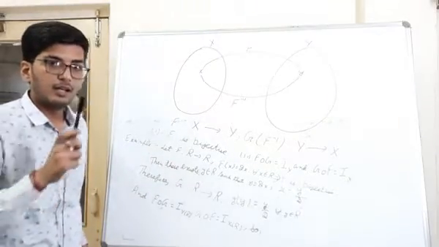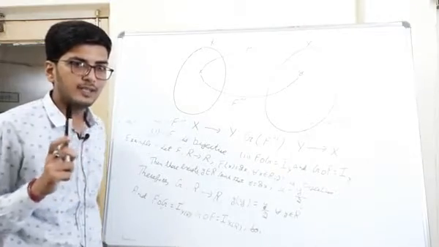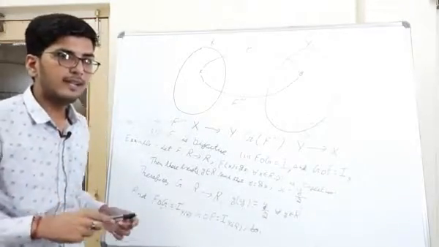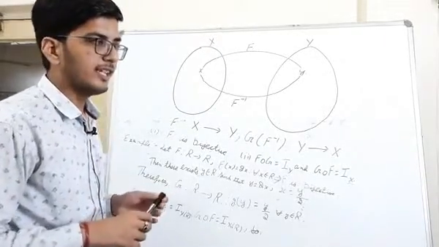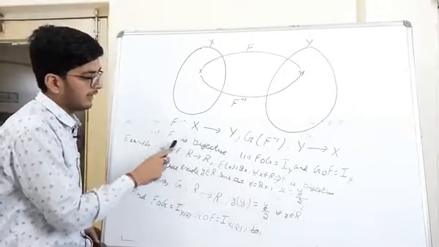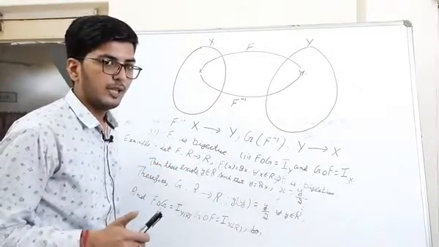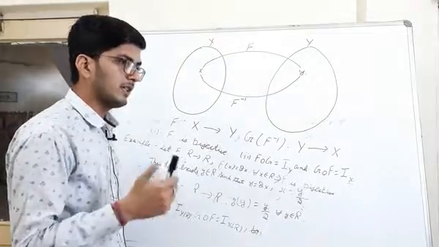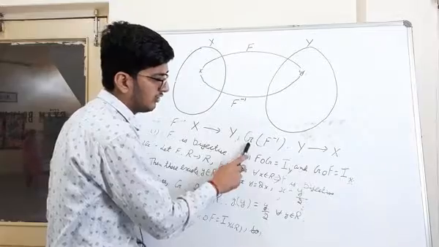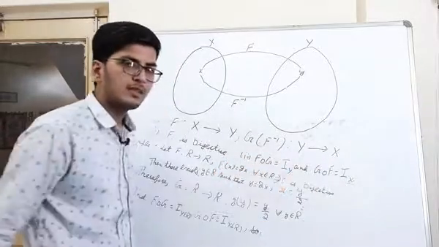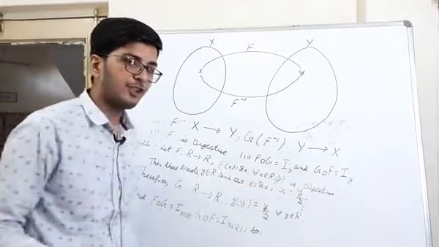Then, if this function is invertible. Why am I saying if? Because there is one condition which will tell us whether the function is invertible or not. So what is that condition? First of all, that function needs to be bijective. So its inverse will exist if we get such a function g from Y to X such that f o g is equal to the identity function on Y.